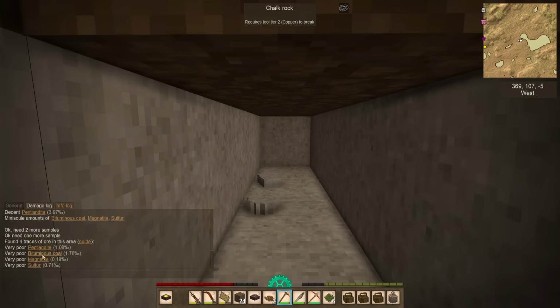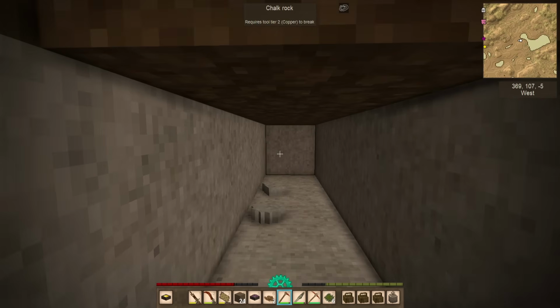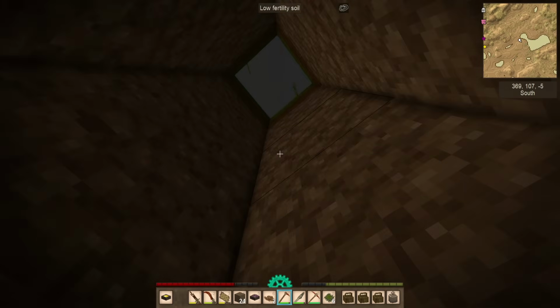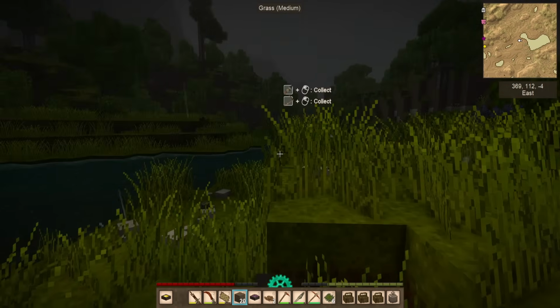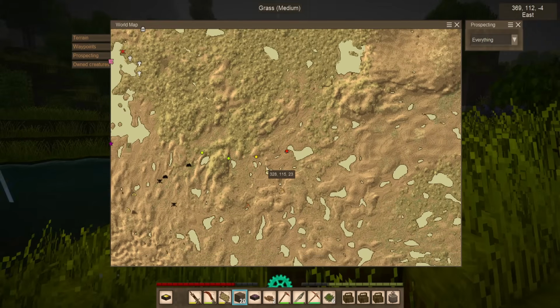The coal has actually started giving me a percentage, or well, not a percentage, an increase. It's no longer minuscule. Same thing with the iron and sulfur. So I am actually moving towards those items, and I have long since left the copper. Not that I can really mine the iron, mind you, so I might have to start changing directions. I was hoping that I'd be able to find something like some tin, but you can see